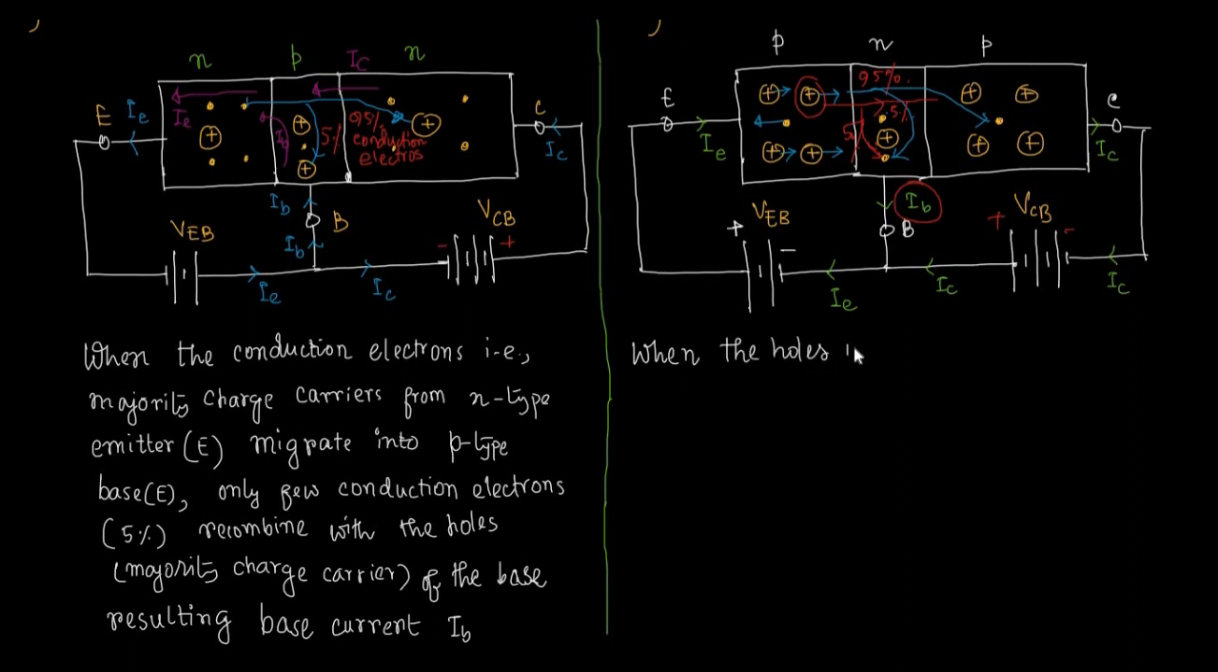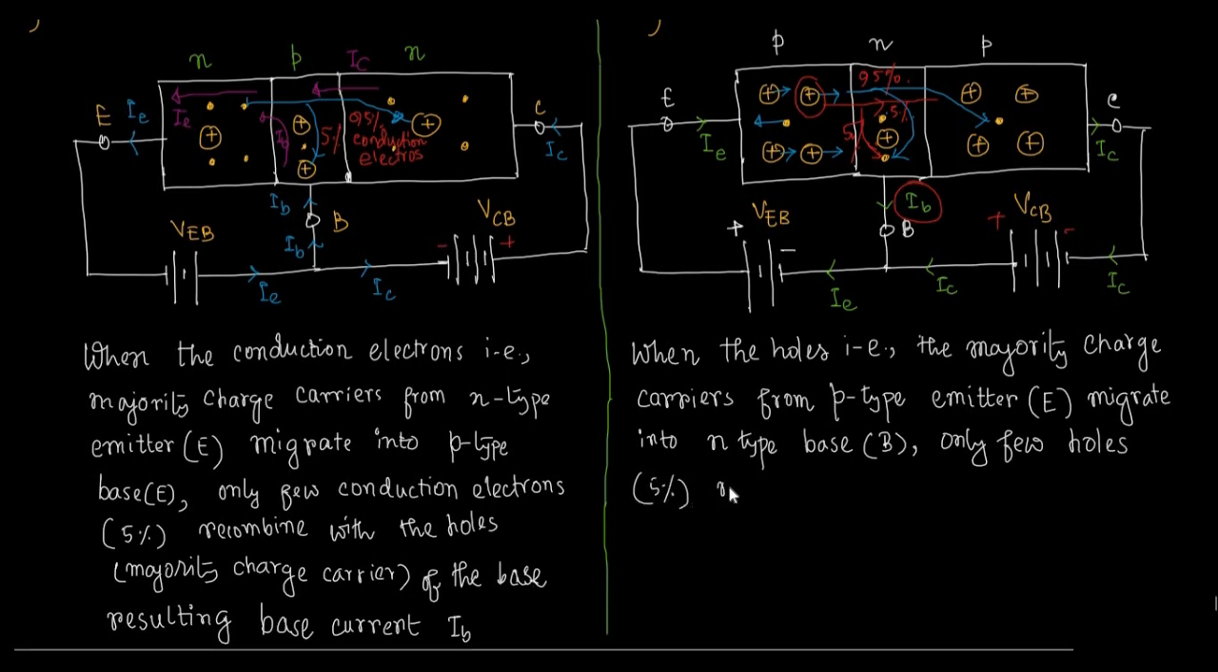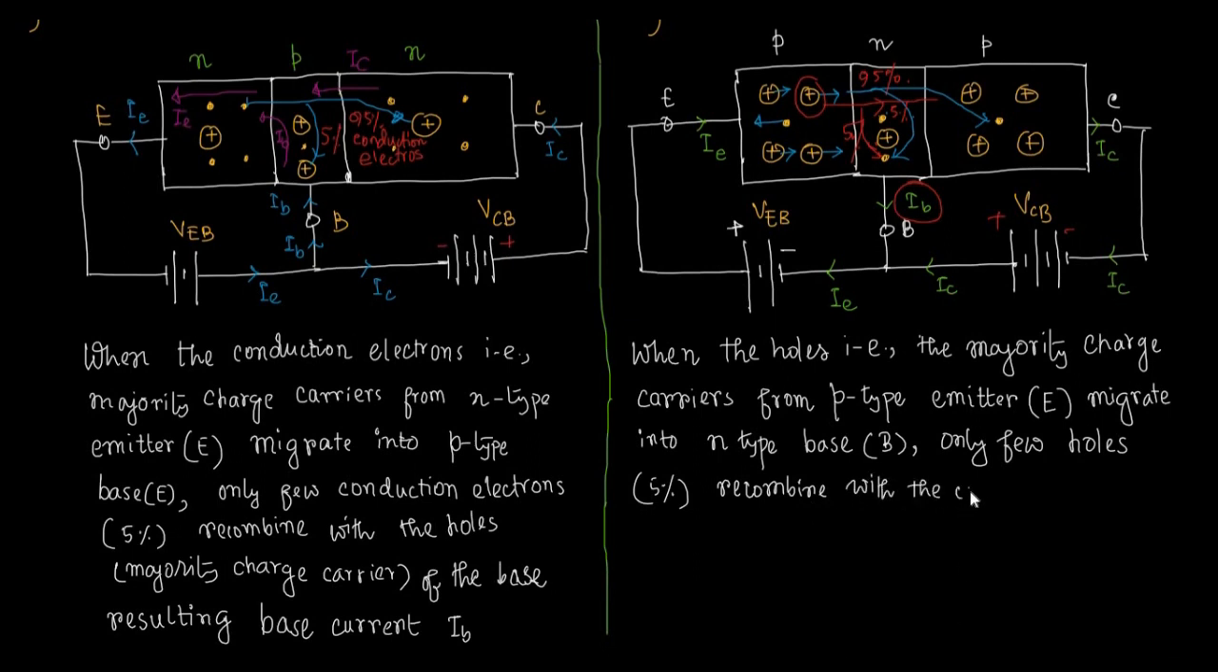On the right hand side for PNP transistor, when the holes, that is the majority charge carriers from p-type emitter, under bracket E, migrate into n-type base, under bracket B, only few holes, under bracket 5% of migrating holes coming from p-type emitter, recombine with the conduction electrons,